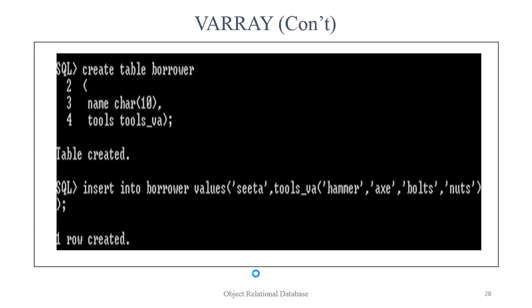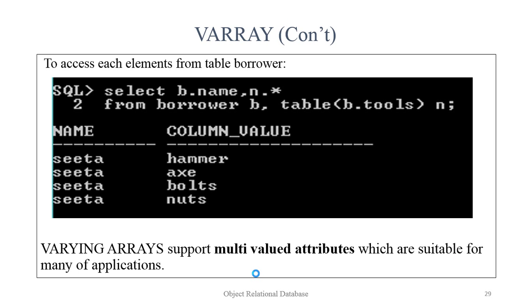To access each element from table borrower, first an instance of the borrower table has to be created. Then, for the table that exists within the borrower table, one more instance has to be created. For example, B is an instance for table borrower and N is an instance for